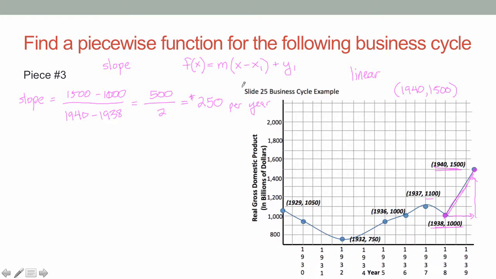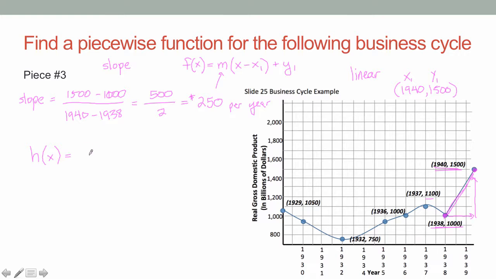Okay, that's my slope value right there for m. So now let's use our value for m. Let's use our x value that we're going to use, 1940, and there's my y1 value, 1500, and we can write a function now. So that linear equation right here, we've used g, we've used f, let's make this h. So my function h, the third piece,